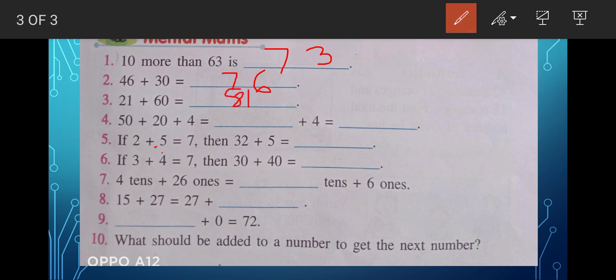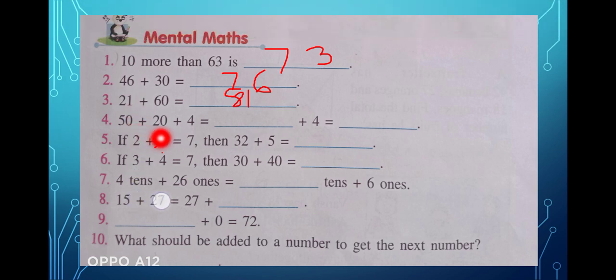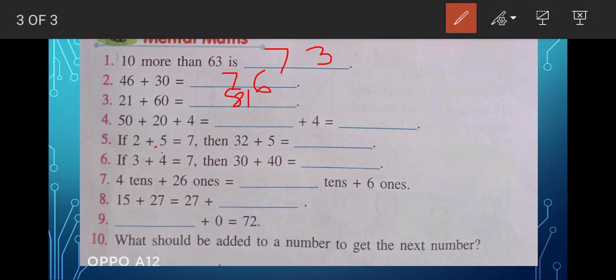Now in the same way here also you see, what is the question? 20 plus 40 plus 4. 3 numbers are there. So when you add these, again you have to add another number, that is 4. That means you have to add at first these 2 numbers. So 50 and 20 when you add, what do you get? You get here 70. Alright, 70 plus 4 will be how much? It will be 74.